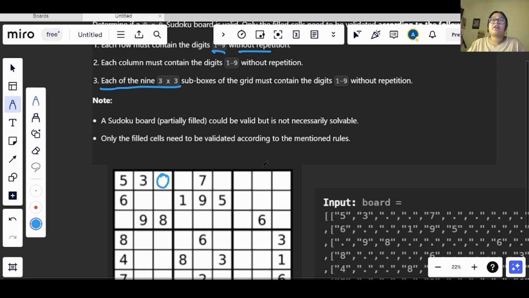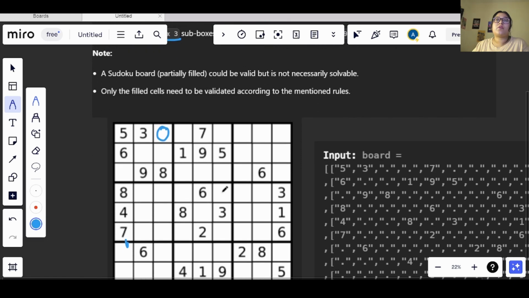So now we have a clear idea that we don't have to fill the numbers which are not present, and it is not sure that the Sudoku will be solvable. In order for the Sudoku to be valid, we just need to check three rules: if a number is in a row, it should not be there again in that entire row. In the same way, it should not be present inside that entire column and inside that 3 by 3 matrix. So now how do we solve this question?